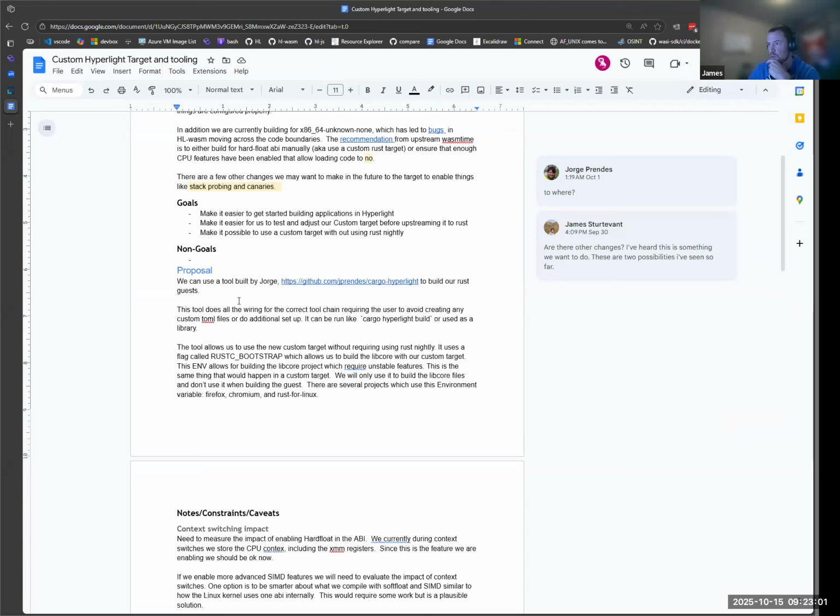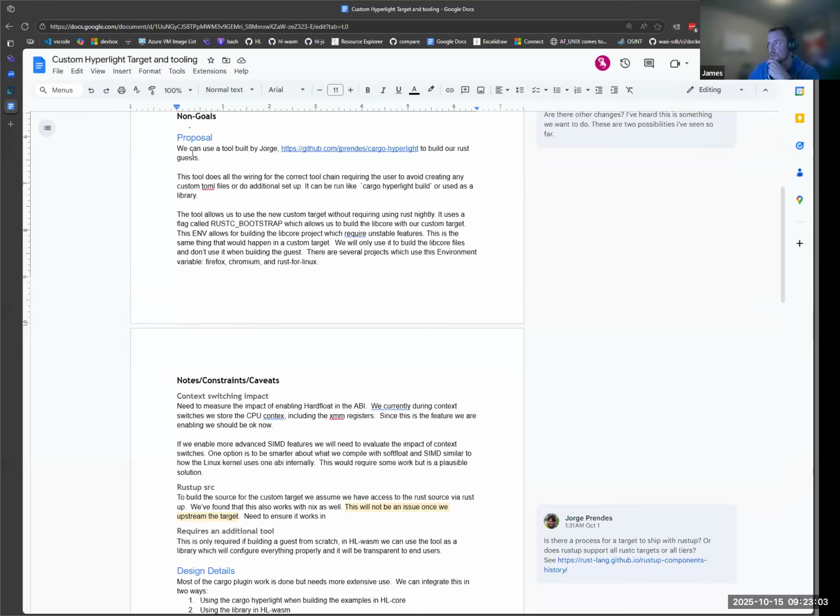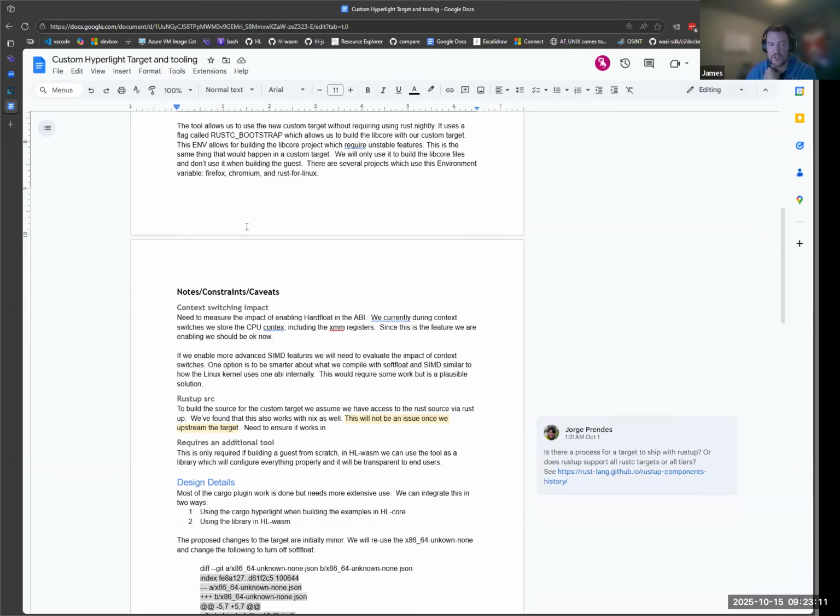The proposal is that we could use this tool that Jorge built. It allows us to use custom targets without targeting the nightly standard, just the nightly build of Rust. What it does is it builds the toolchain that RustUp has for the target that we define, and then all the rest of the code, like user code, is also built against that target as well.